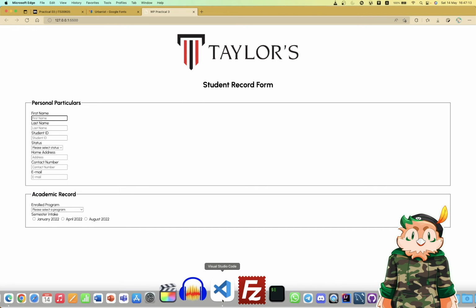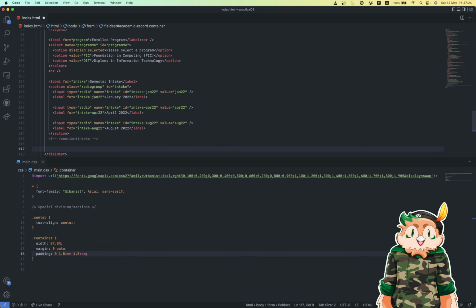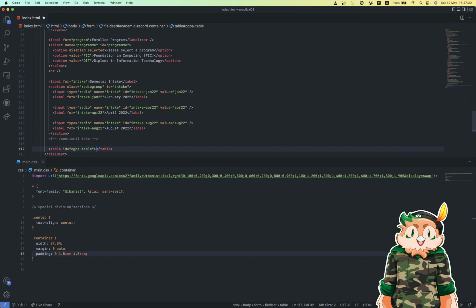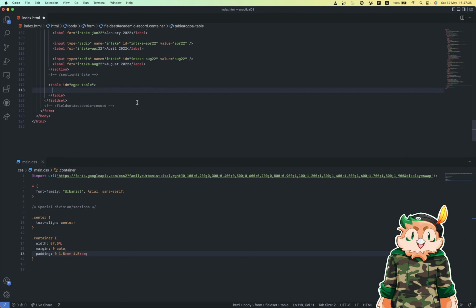Now for this one, we're gonna want to head on next after the intake. We're gonna want to implement a table inside our field set. So yeah, put in a table with ID CGPA table. For this one, there's only one table, so there's really nothing to document here. I'm not gonna put in the bottom one as such. The T head is gonna house in one row,